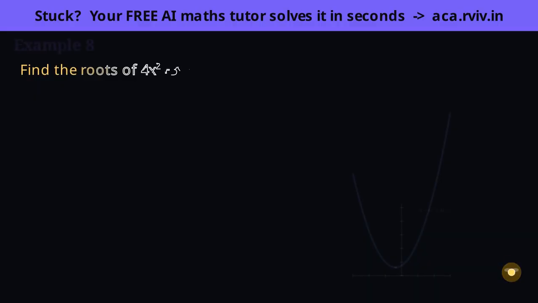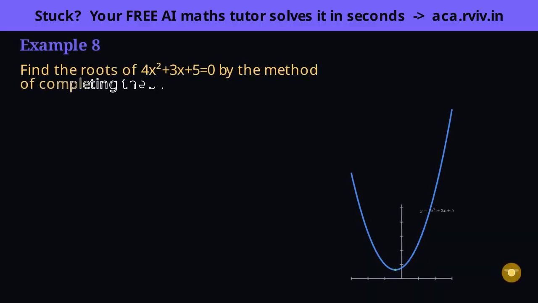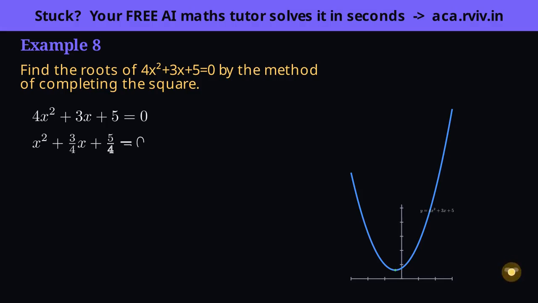Watch the right side. A negative there means no real roots. We'll complete the square exactly as before, but this example teaches a new lesson, so keep one eye on the sign of the right-hand side at the very end. Here's our starting equation. First, make the leading coefficient 1 by dividing everything by 4, since completing the square needs a bare x squared. Shift the constant to the right, freeing the left for shaping into a square.